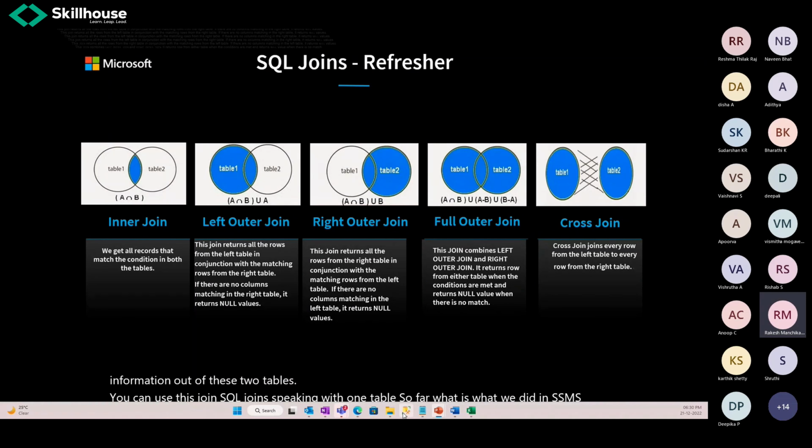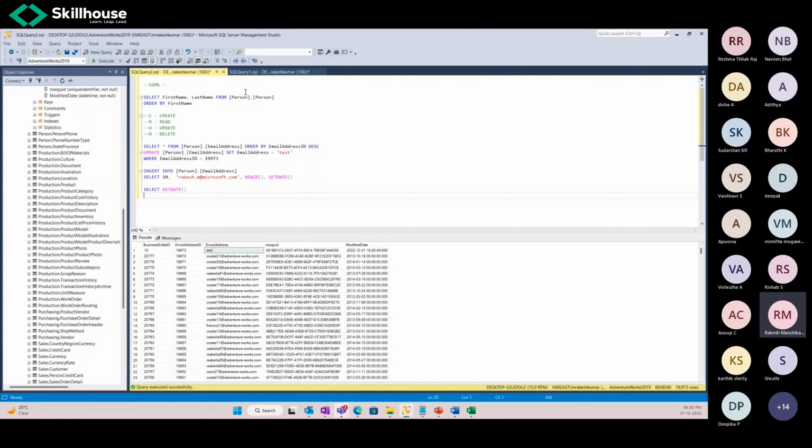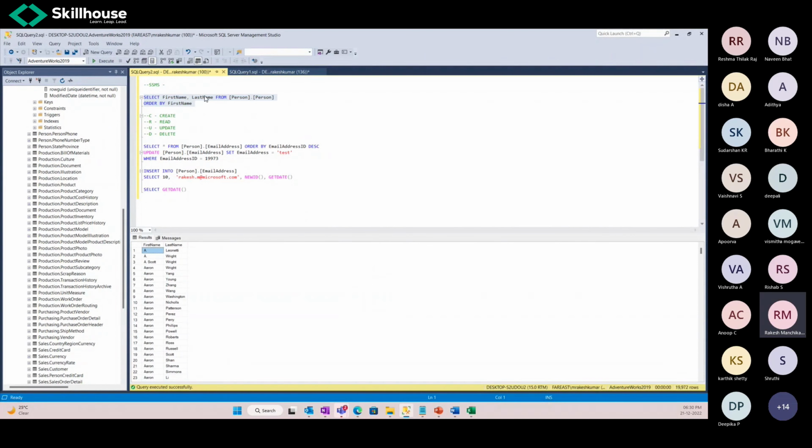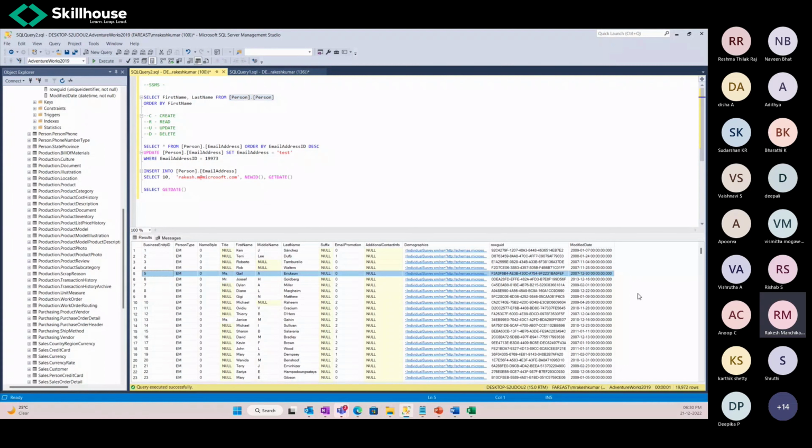Let me take you to this. We have these two tables, the person table and the person email address table. If you want to combine these two tables, currently I brought first name and last name. If I also wanted to see the email address of this person, how will I do it? If you look at the person.person table, we don't have any email address on this table. So how will you bring the email address, which is located in another table? That is where the joins concept